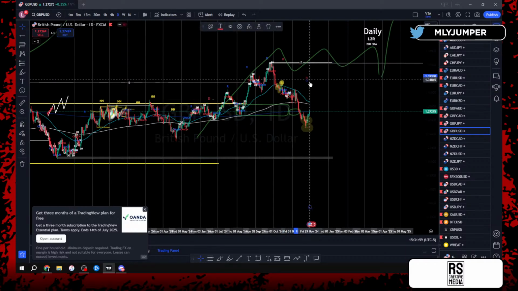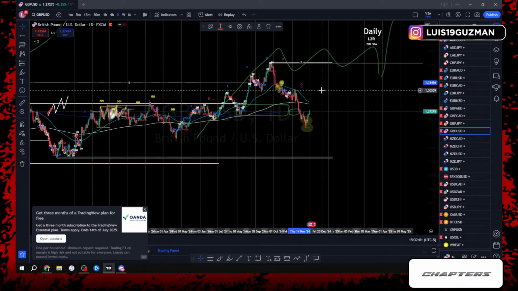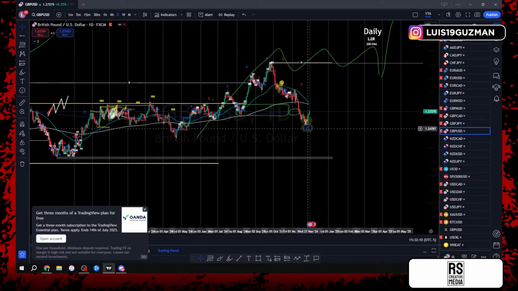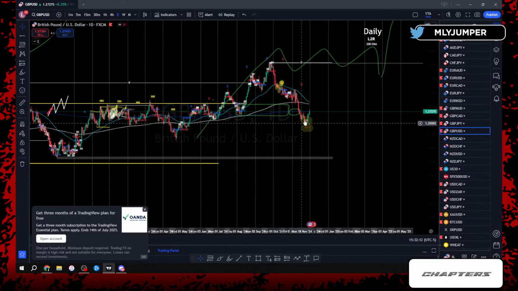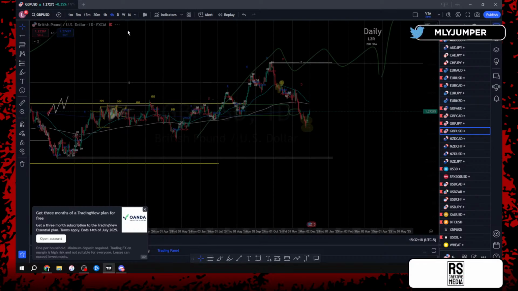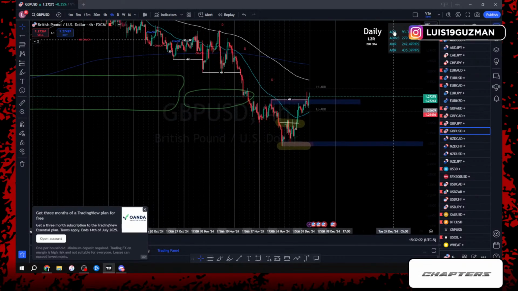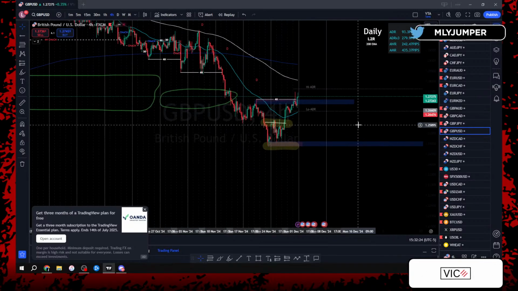Right now on the monthly view, we have 2 months to drop. Could we expect price to give us another push down to the bottom and then give us a push to the top side? It could happen, right? Externally, we're still making lower lows and lower highs, so this definitely could be a push to get a lower high into a lower low, which would make sense. Once again, we understand thinking of what could happen, right?